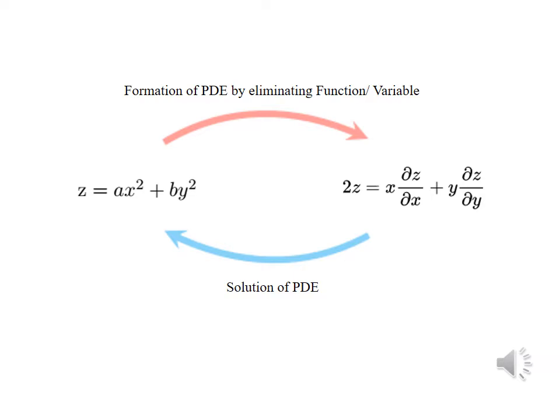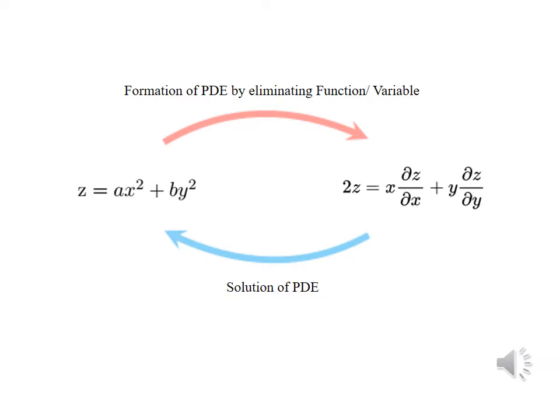Now when you solve the partial differential equation, you have to integrate, and in that case you have to introduce some constant or function to get the function back. So these are two processes. One is forward process and other is reverse process, where in the forward process we eliminate function or variable and introduce partial derivative to get partial differential equation, and in the other process we integrate to form solution of partial